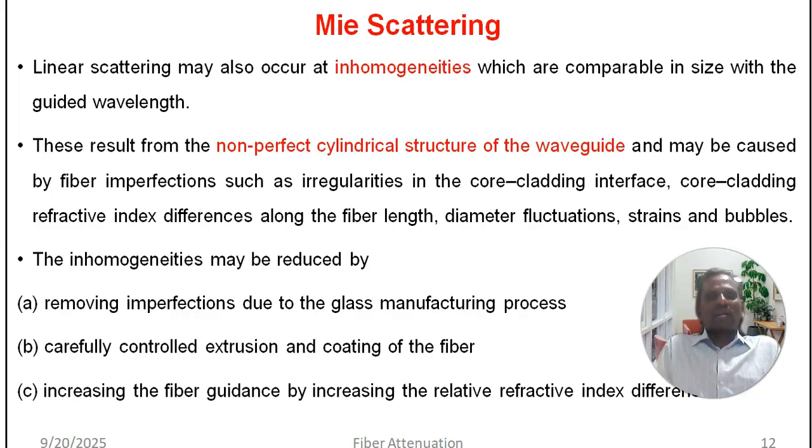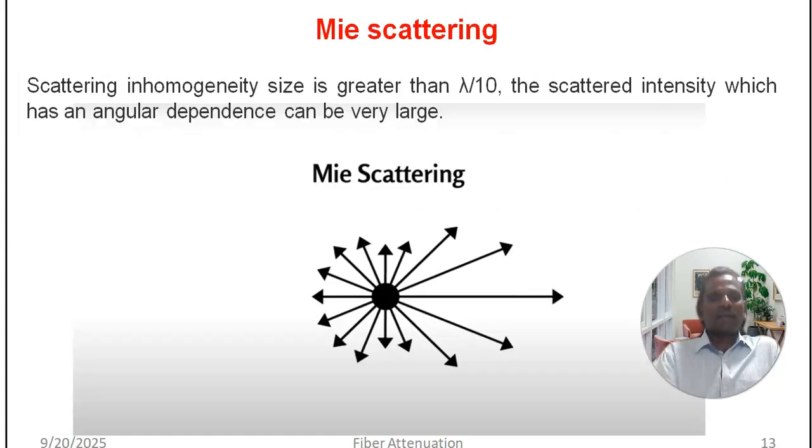Linear scattering may also occur in inhomogeneities which are comparable in size with the guided wave, which result in a non-perfect cylindrical structure of the waveguide and may be caused by fiber imperfections, irregularity in the core-cladding interface. The inhomogeneity can be reduced by removing imperfections due to the glass manufacturing process, carefully controlled extrusion and coating of the fiber, and increasing fiber guidance by increasing the relative refractive index difference. And this is Mie scattering, which will be in the order of lambda power 10,